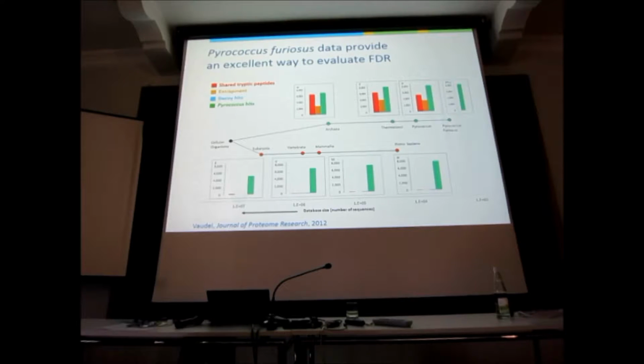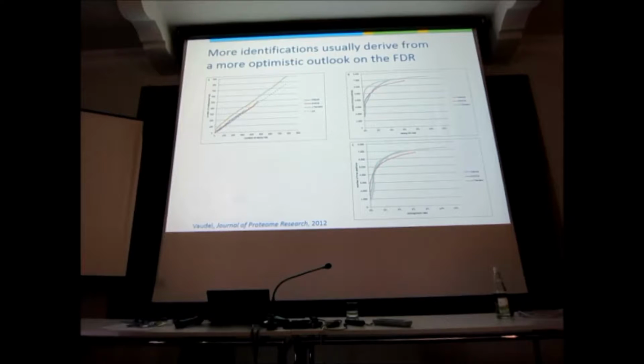Yeah? Now, people have tried to fix that. So, for one thing, you can try and use a better search engine. So we tested 3 search engines. We used Mascot, of course, everybody uses Mascot. We use OMSSA, which is known as a very conservative search engine. It doesn't give you many results, but it tends to have good control of FDR. And we use X!Tandem, which typically gives you more hits.